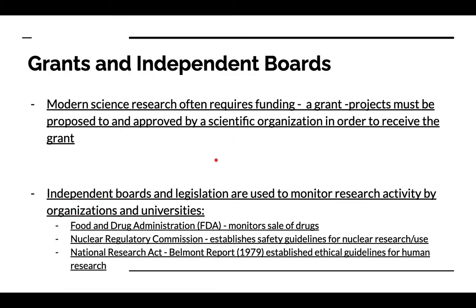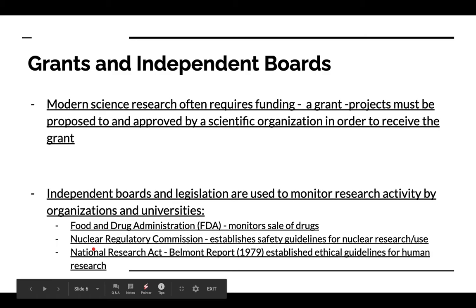Lastly, we have the National Research Act, which was established as a result of the Belmont Report, which was written in 1979. This establishes ethical guidelines for human research, okay? Once we've tested out medical treatments on animals and made sure that, okay, the animals are good to go, then we'll move on to the human phase, okay? But in order to make sure that the human phase is safe and that humans are not going to be put at significant risk, the clinical trials have to follow established ethical guidelines established by the National Research Act.